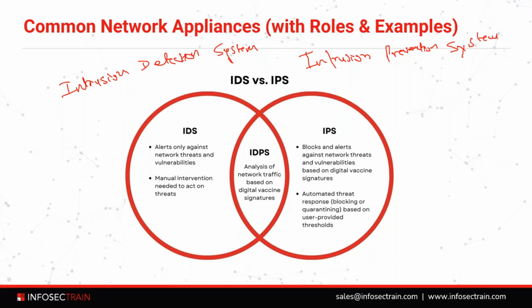So intrusion detection system monitors network or system activity for signs of malicious behavior or policy violations. So it captures packets or logs, it compares them against known attack signatures or behavioral patterns, and it sends the alert to the admin or SIEM tools, security information and event management, like Splunk or IBM QRadar,